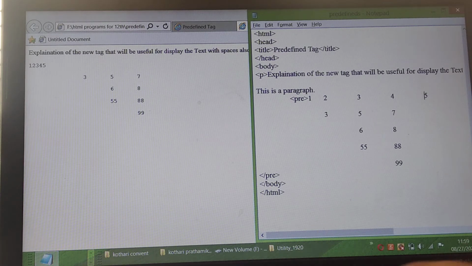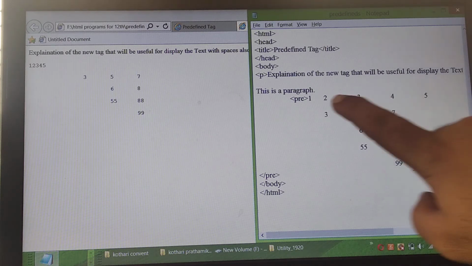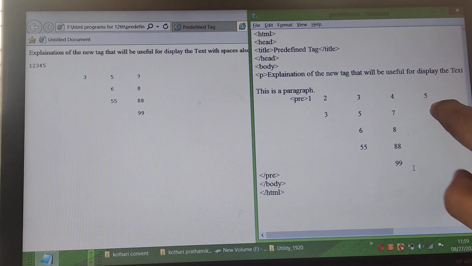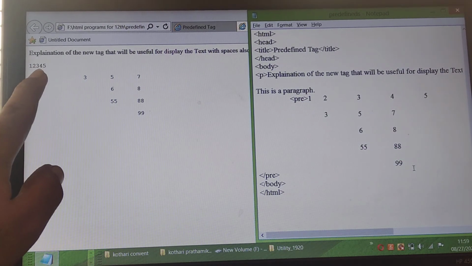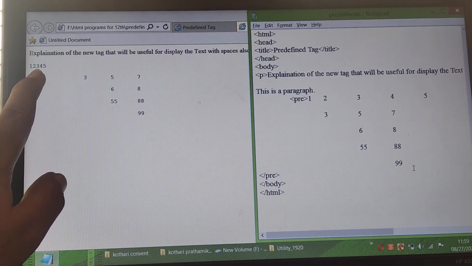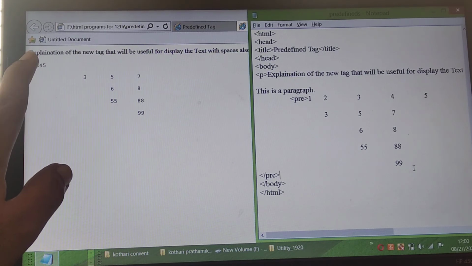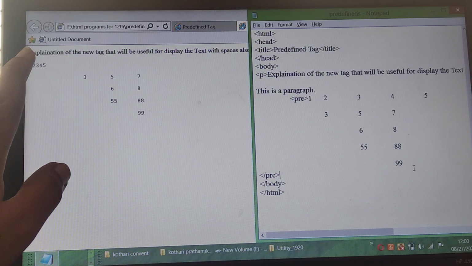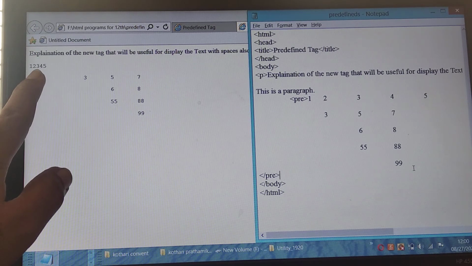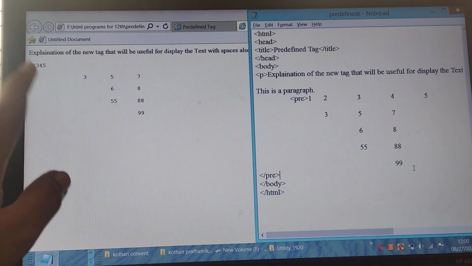What will happen if I am leaving some space in between? Here the text will be changed, and the output will also be changed with the numbers separated by the spaces.